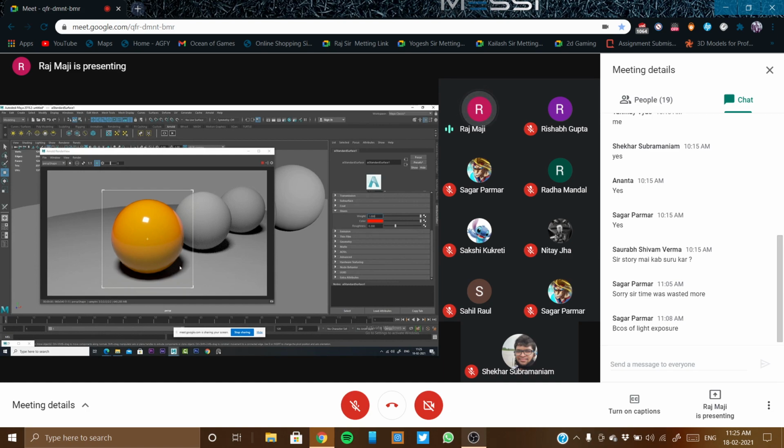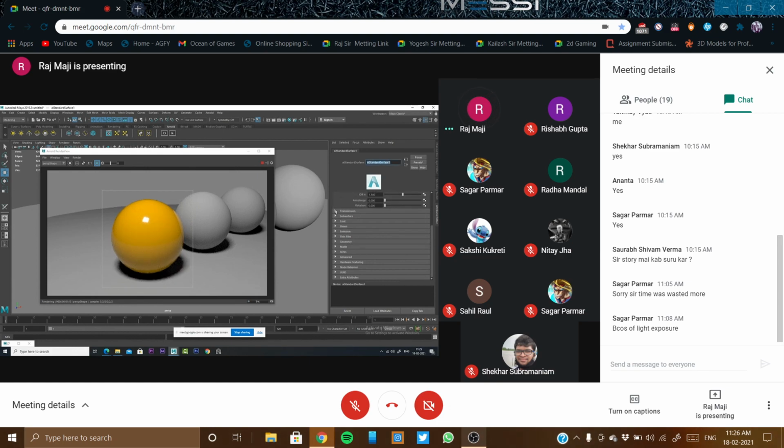Some objects you will find like that. The sheen will be visible. And for human skin also, sometimes we use sheen specularity. Sheen or coat, any one we use, because we generally use two specularities for the human skin. Okay, I guess you are getting the idea a little bit. This is the sheen.